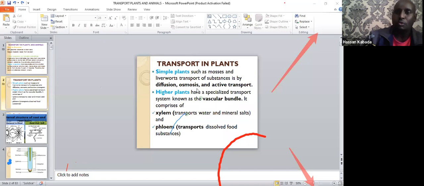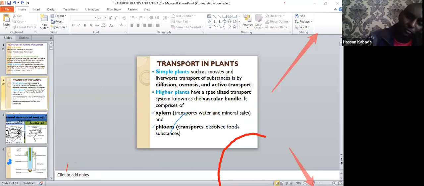So when we talk of transport in plants, we mentioned vascular bundles or vascular tissues, which include xylem and phloem. Xylem transports water and mineral salts from the roots all the way to the leaves and other parts of the plant. Then phloem transports dissolved food substances,